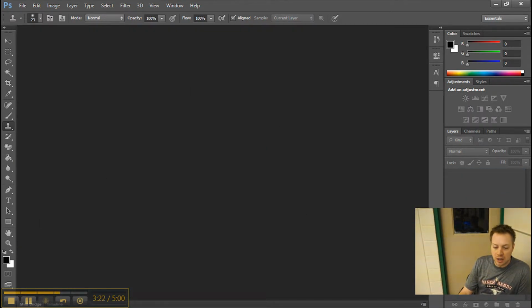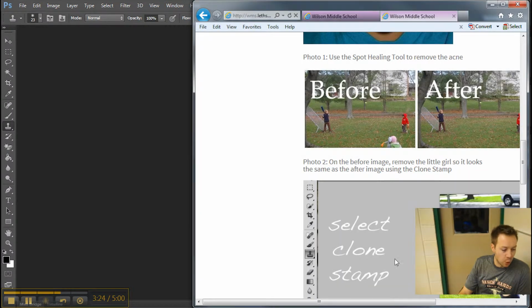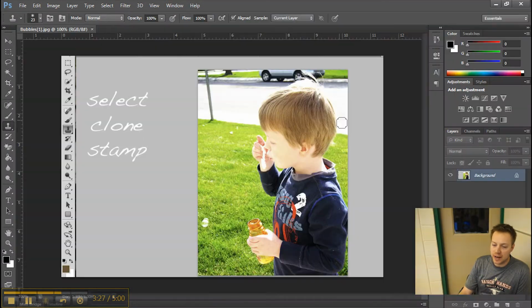The third one will be a boy blowing bubbles. So you can drag that picture into Photoshop. You can see here a really nice picture. And what I want you to do is to take this one bubble and make it like 10 or 15 bubbles. So again, with the clone stamp, you hold the Alt button and you click once. And then you're just going to click and drag tiny little circles, and you'll see that